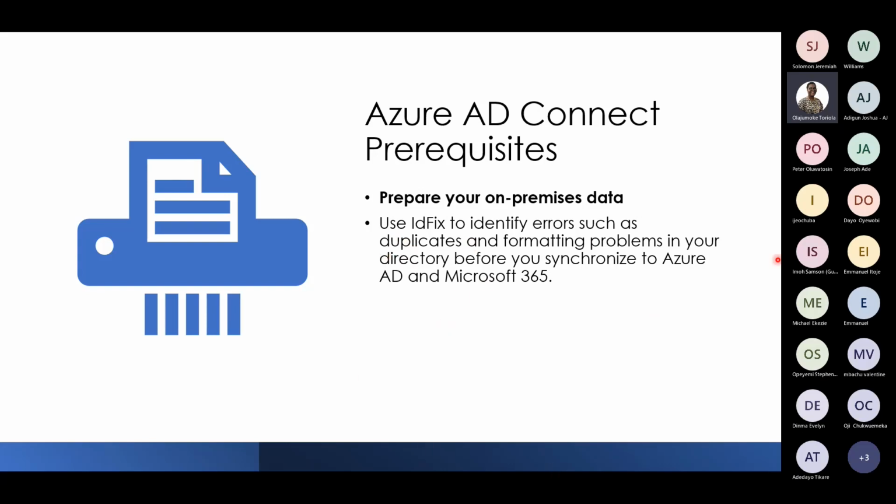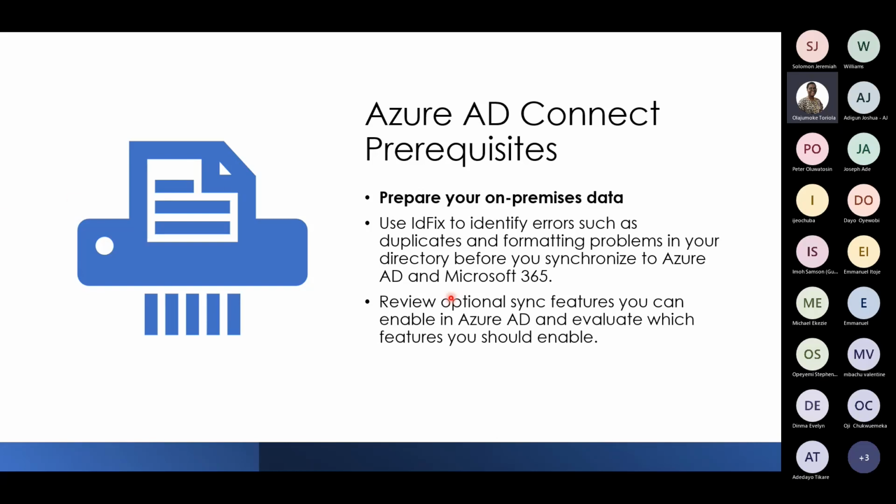So that is what you need to do on-premise. Again, what you need to do is review optional sync features you can enable in Azure AD and evaluate which features you should enable. There's a lot of features you can use in Azure AD Connect. Review them before you enable them